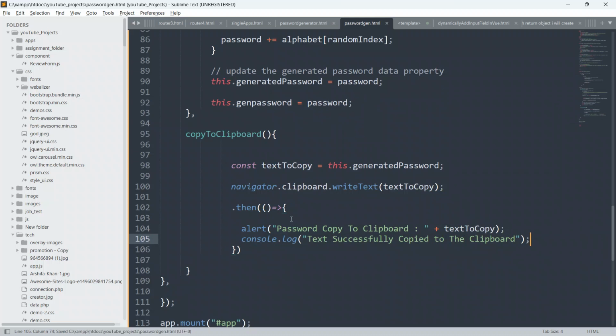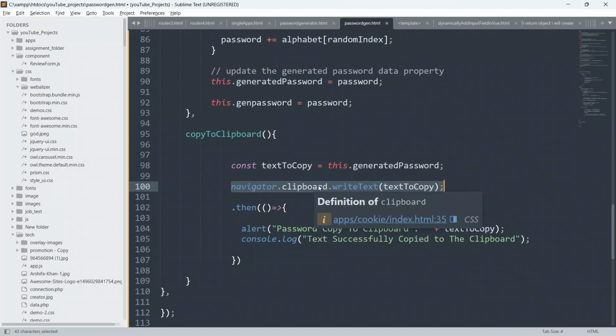Otherwise guys, if something bad happens to this line when the execution is running, then we will use a catch block just to catch the error.